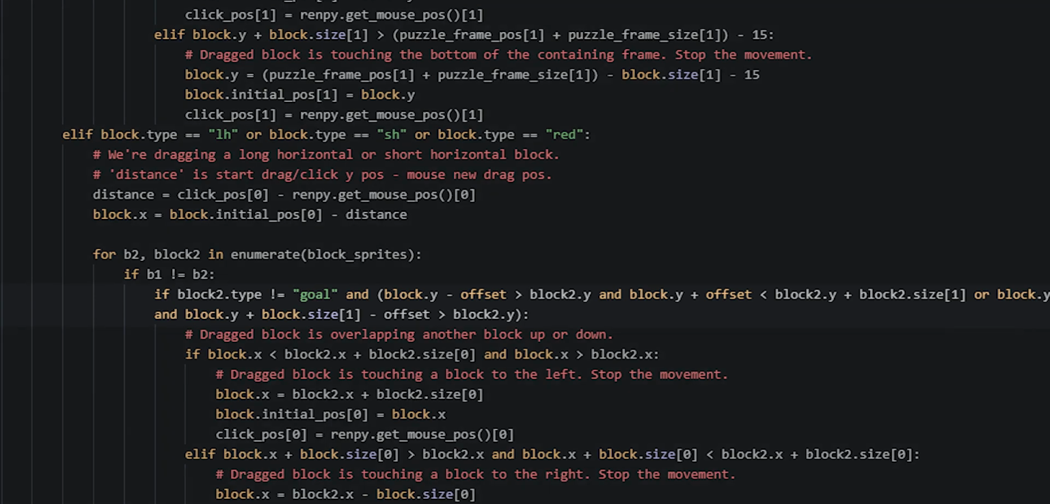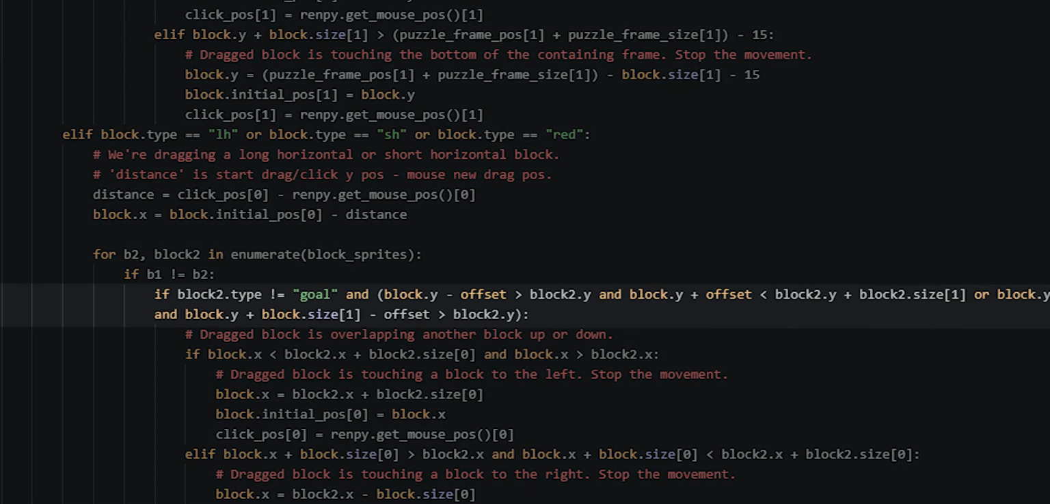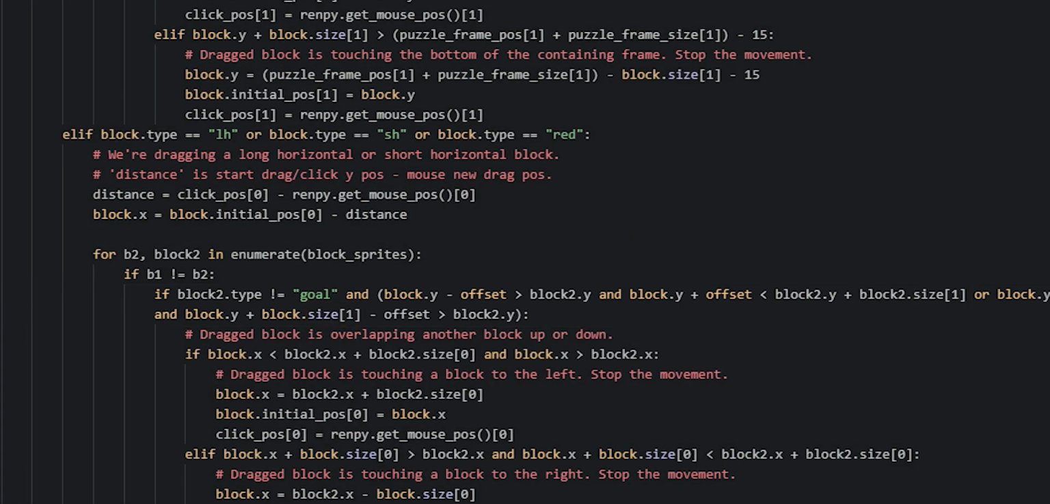So for example, with this if statement right here, you want to check the block's y coordinates instead of x. So all of the conditions inside of here should say block.y and block2.y instead. The size attributes will need to check for the block heights instead of widths, so you want to swap these zeros for 1s. With the rest of the code, even the code inside the if statements need to be changed